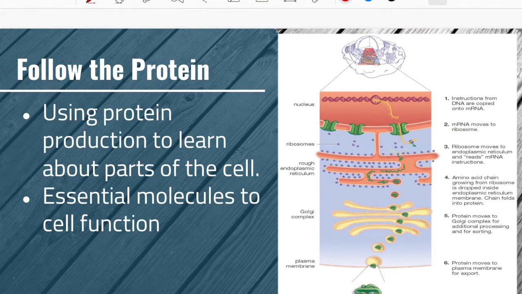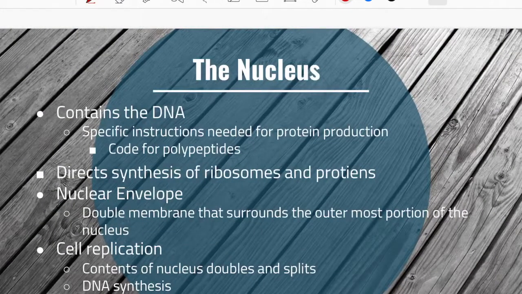So when we talk about organelles in this animal cell, now this occurs also in plants, but just because we're going through animal cells, we're going to follow protein production and talk about all of the organelles that are essential in forming those proteins that we need in order to survive. So this starts at the nucleus. The reason we're starting at the nucleus is because the nucleus has the DNA, which are the instructions needed for protein production. It is the code that lets the cells know how to build those polypeptides, how to string the amino acids together and make a